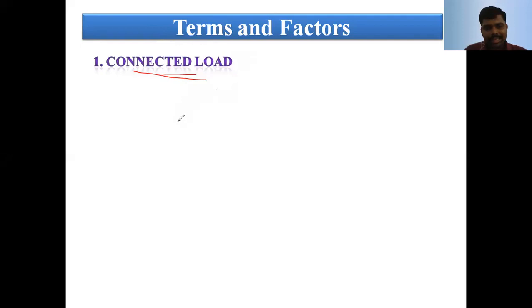Before taking the EB service, we need to calculate how much load there is. Before taking the electricity board service, we need to consider how much load our home appliances have. This is applicable for home appliances, industry, any company, and so on. For example, we can take a home with either 4 members or 5 members.